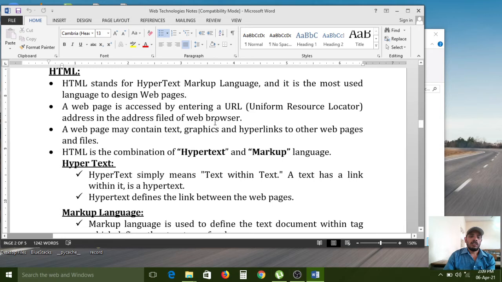And also, if you want to know information from Osmania University, what website do you have to open? www.osmania.ac.in. That website URL you can type. URL is nothing but Uniform Resource Locator. In short form, we call it a URL.